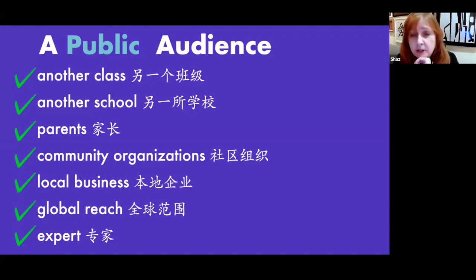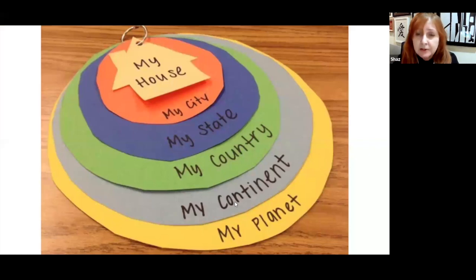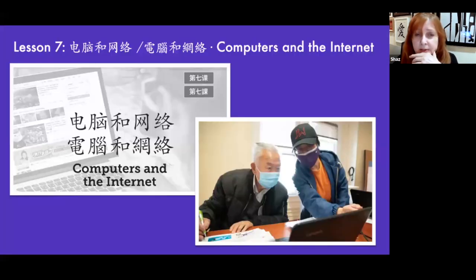You can find a Chinese-speaking vet who will come into the classroom, and then students present how they're going to care for a pet, and then the vet listens to them and takes their ideas. That is a great audience. It's a public audience because they're from the local community and they also have the Chinese speaking skills. But if you can't do that, if you can't find someone like that, then you can also do a global audience. So this is just an example of how you can start off with your local area and then move out.